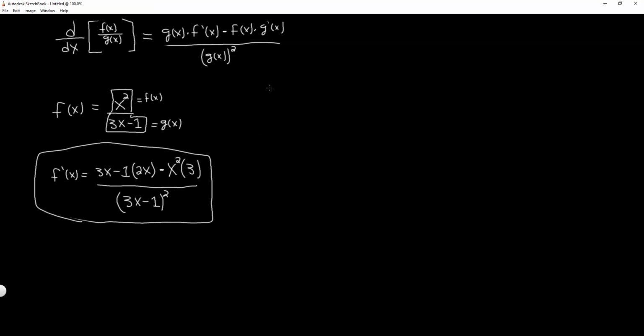So for our next function, take f of x is equal to 7x plus 4 divided by x squared plus 5. Just like last time, our top will be our f of x, and our bottom function, x squared plus 5, will be our g of x. So in order to take the derivative of f of x, or f prime of x, we will use this formula again. So g of x is x squared plus 5,